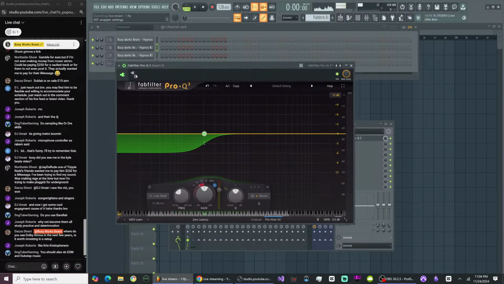And if you guys don't believe me about the Tresillo thing, listen to Kendrick Lamar's latest album. The Mustard track is basically Tresillo all the way through. That's how you get that bounce in your beat. Now we can add a little double kick to create like a Metro Boomin or a Travis Scott. So it's like boom, boom, boom, boom. Just a little double kick to make it a little bit bouncier.